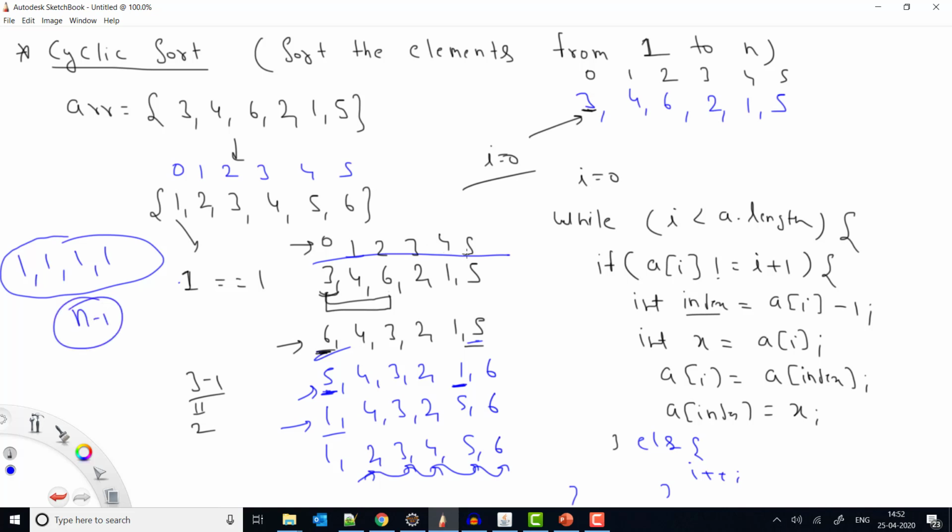So if there are 6 elements, at maximum we need to swap n minus 1 times, and then we'll put our elements into the correct position, because we know that we can easily get the index through the value. If the value is 3, let's say in this case, I know what the correct position will be. The correct position of this 3 will be this one. So this is how the maximum swapping operations I can do is n minus 1, right?